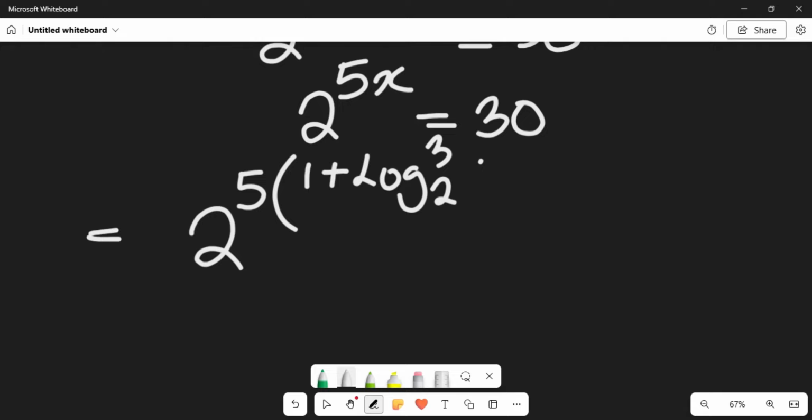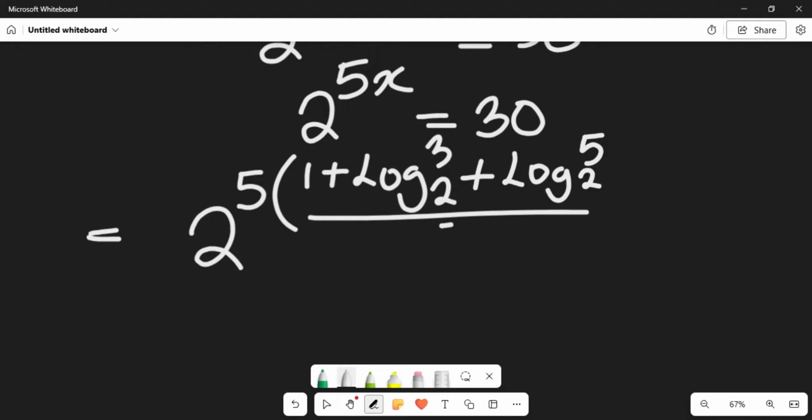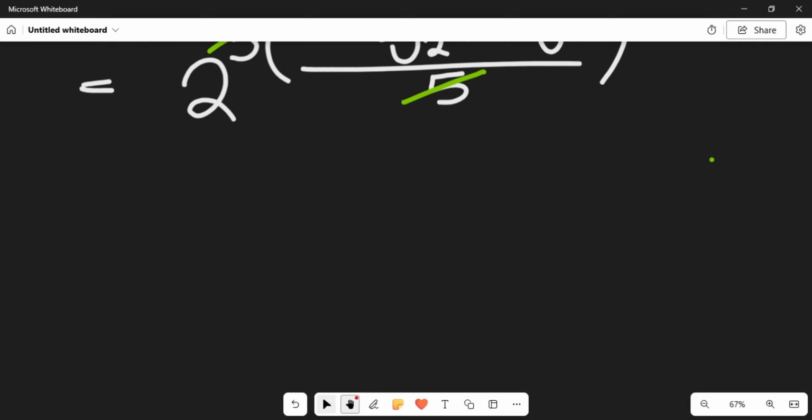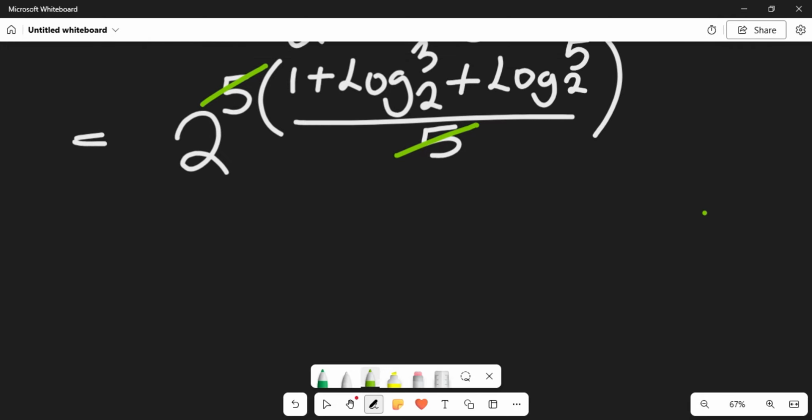That is plus log of 5 base 2, and all of these divided by 5. Now from this expression, you can see that this power of 5 can cancel out this, and then the whole expression will now be equal to